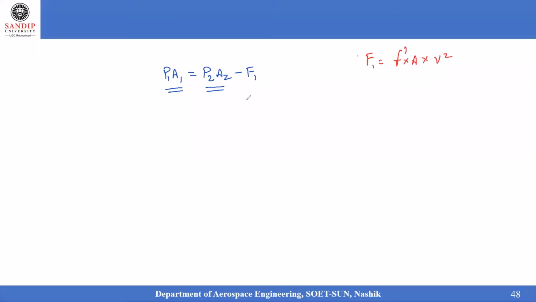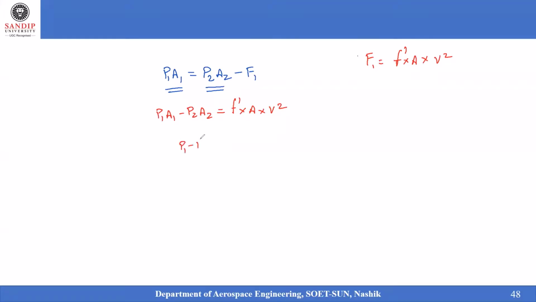So when I'm substituting that equation, when I'm substituting my F1, that is the force resulting due to the friction, and where the fluid is in dynamic motion, I'll rewrite my above equation as P1A1 minus P2A2 is equal to F dash into A into V square. I have just substituted that F1 in this equation. Then my resultant equation has become,